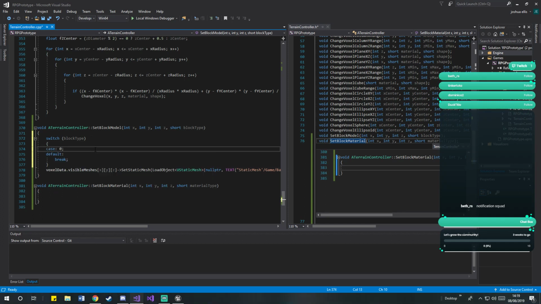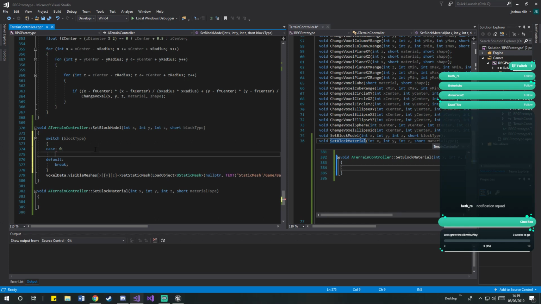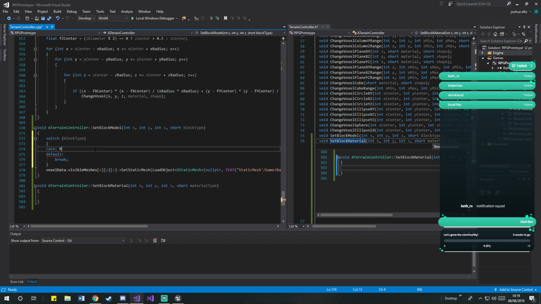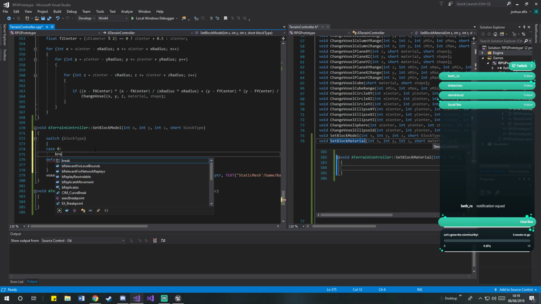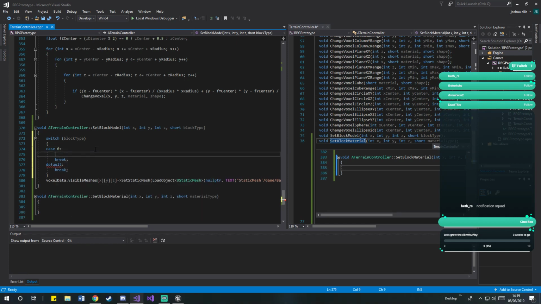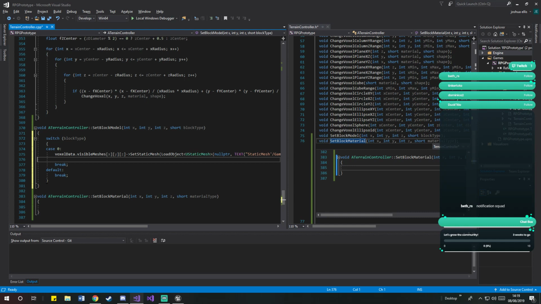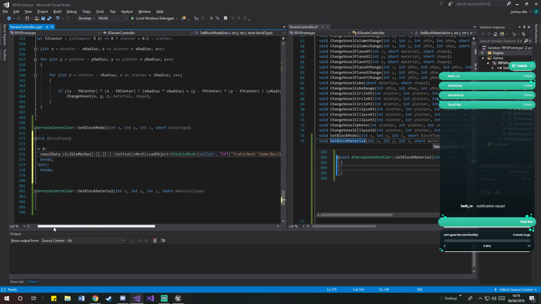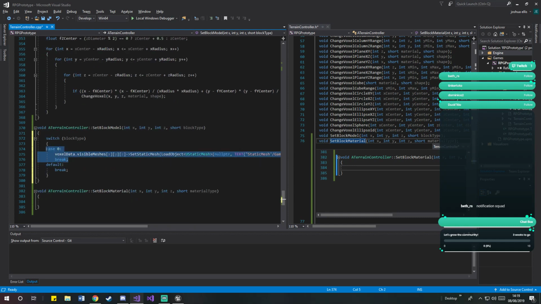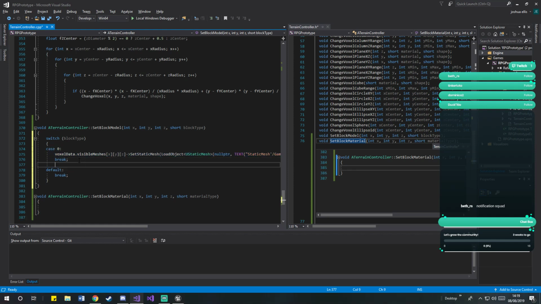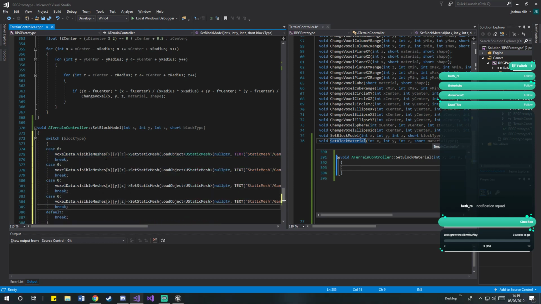Let's do a standard case 0. That's our basic thing. This is our, you know, what's the first thing that we want to happen, and obviously we've already got this function, so we might as well call it here. And then it's just a matter of basically copying and pasting this, changing the number that we've got,